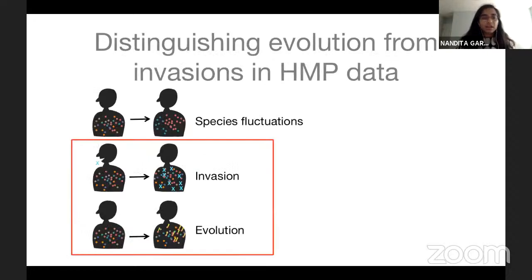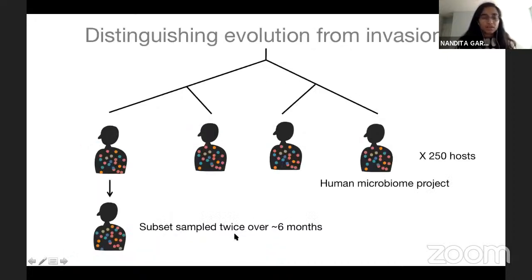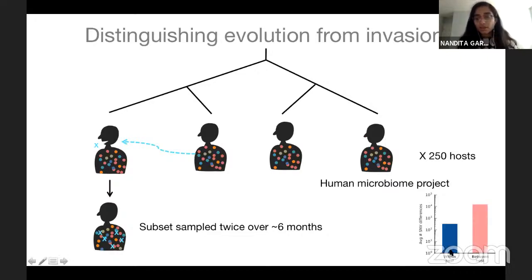What could they be? Well, going back to our original outline, it actually could be a mixture of invasions and evolution. Remember that evolution should occur on short timescales and should pick up a handful of SNP changes, whereas invasions are expected to bring in a large number of SNP changes due to there having a lot of time passed between the lineages that are coming in and being replaced. And in fact, if you look at the number of SNP changes within hosts, we actually see on average a few hundred within hosts versus 10,000 between hosts.